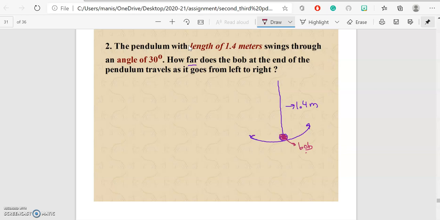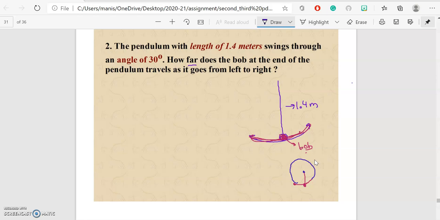So by now it should have given you an idea. They are talking about the length of the arc. A simple example: if I have a pendulum bob like this and it goes over here and over here, and if we move it super fast, it just keeps going. It doesn't even stop. If it does not stop, it will make a circle like this.